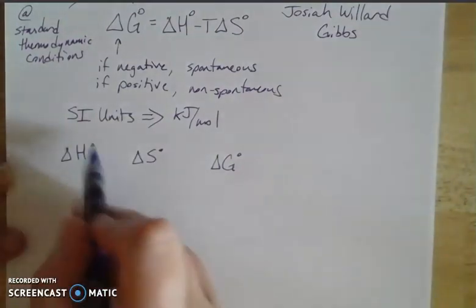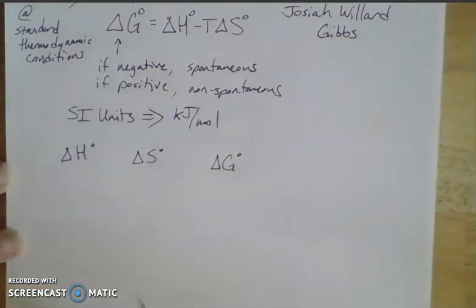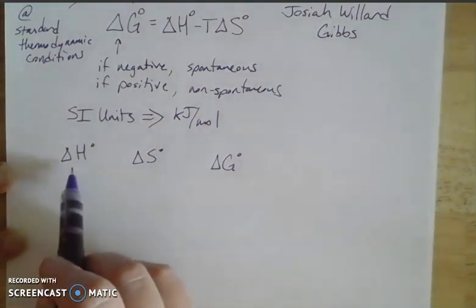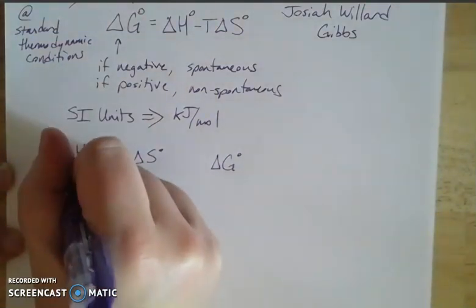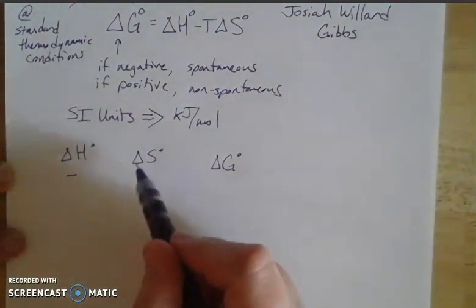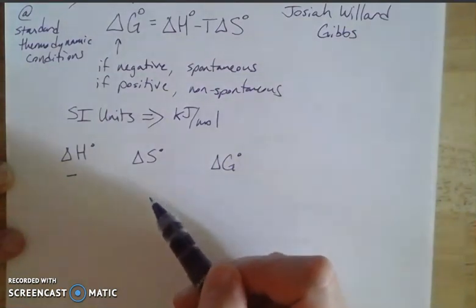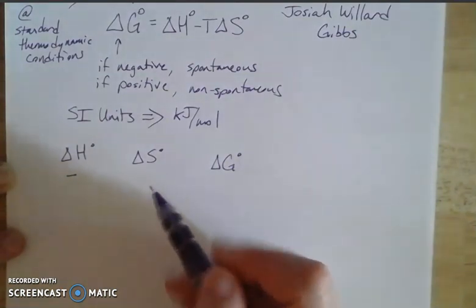So we know for enthalpy that a spontaneous process is going to be an exothermic one. So let's think exothermic. What is the sign on delta H going to be? It's going to be negative, right? So it's an exothermic reaction. And what do we know about entropy? We know that entropy is a good thing. Systems like to have more entropy, more disorder.